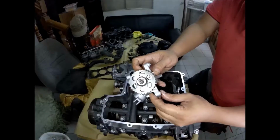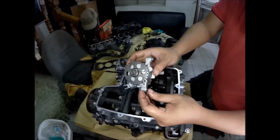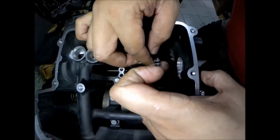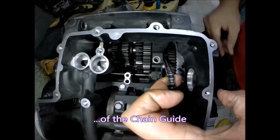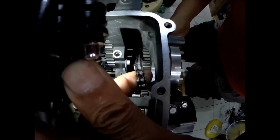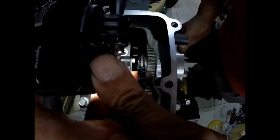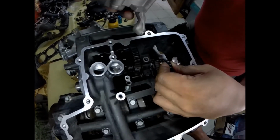There. So before installing this oil pump, you should retract the guide, the dowel, backwards for easier install. Make sure that the chain is inside the groove. Make sure that the chain is in the proper position of the gear that is fixed in the clutch basket. There. To insert the